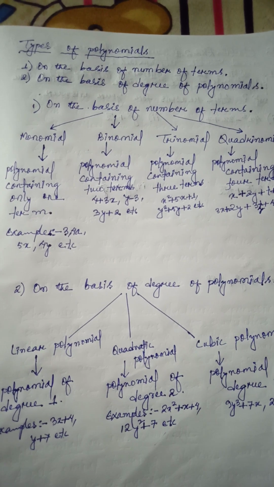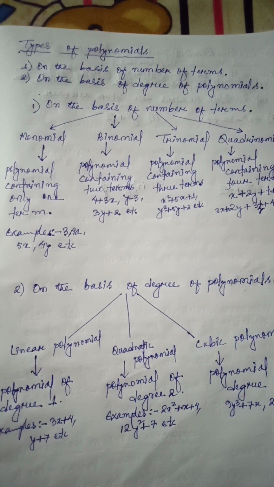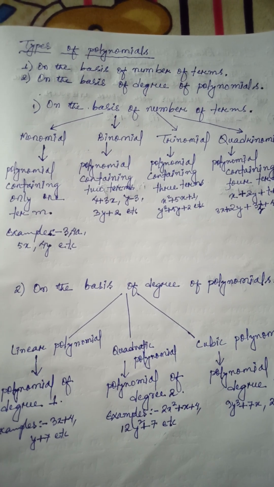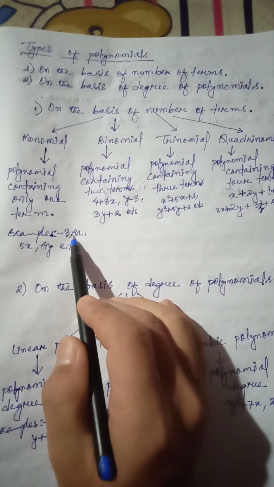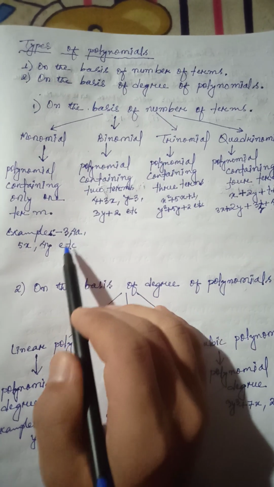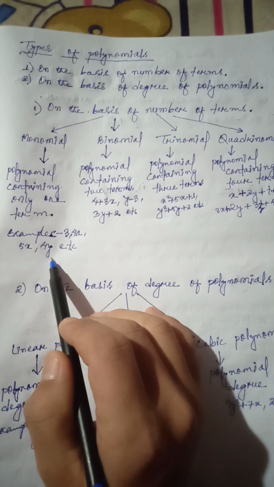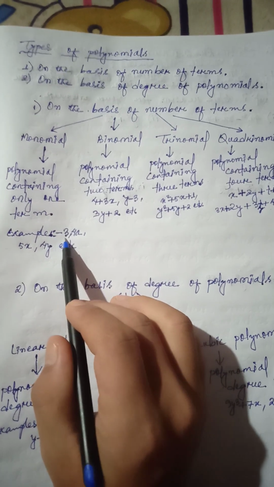If it has one term, then we call it as monomial, and if it has two terms, then we call it as binomial, and if it has three terms, then we call it as trinomial, and if it has four terms, then we call it as quadrinomial. Examples of monomial are 3, 4a, 5x. Only one term should be there. So this kind of polynomial we call it as